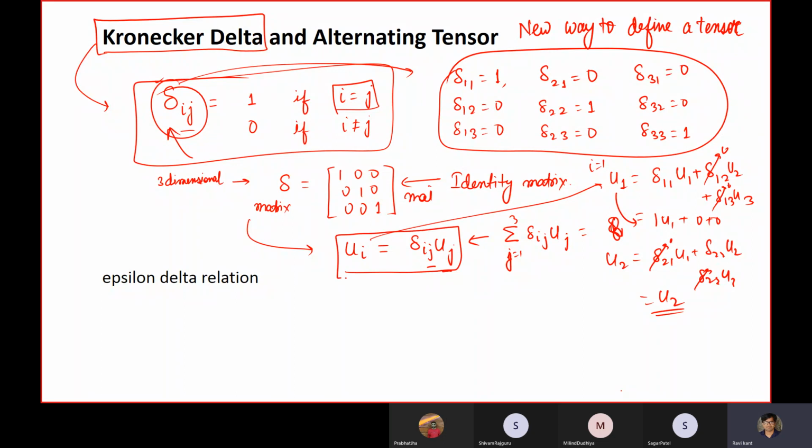So you can see there is an alternate way we can define the tensor notations and tensor algebra. Okay, so this is another approach to write tensors and vectors of first order, second order tensors, and all sorts of things. This is another way. The Kronecker delta is another approach towards writing those things.